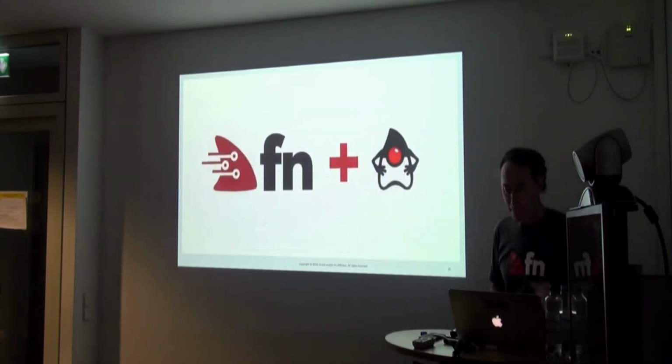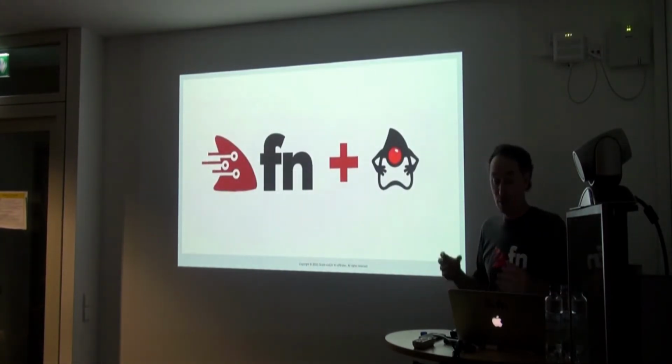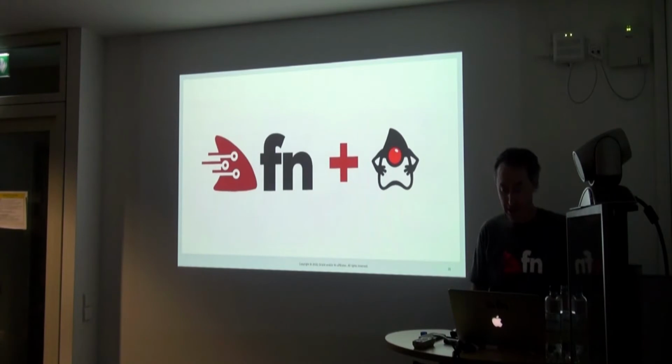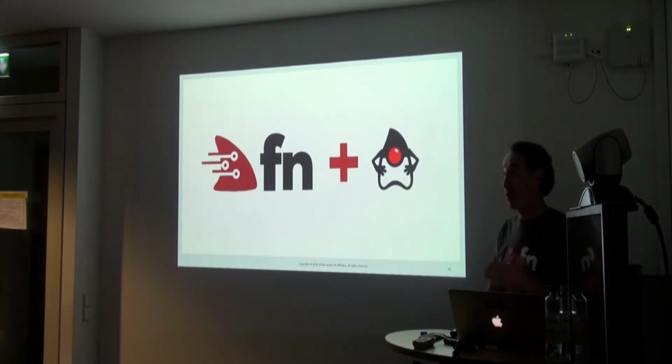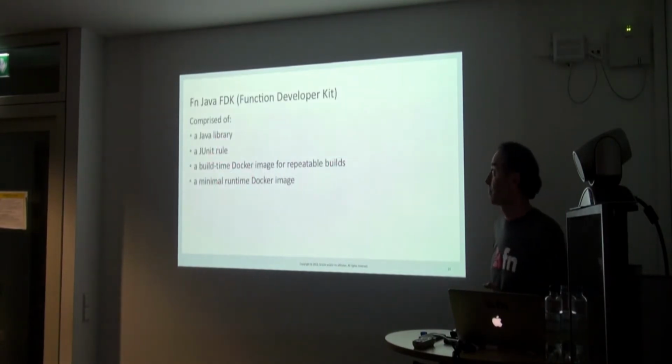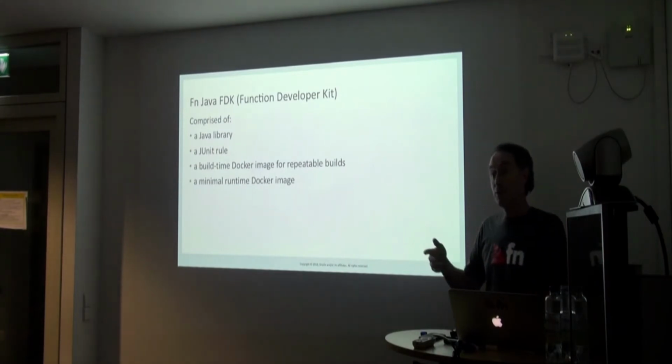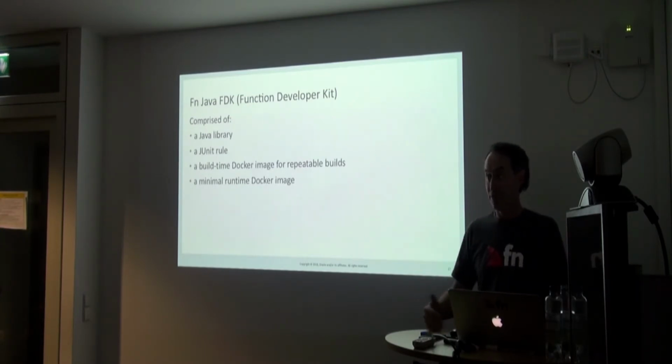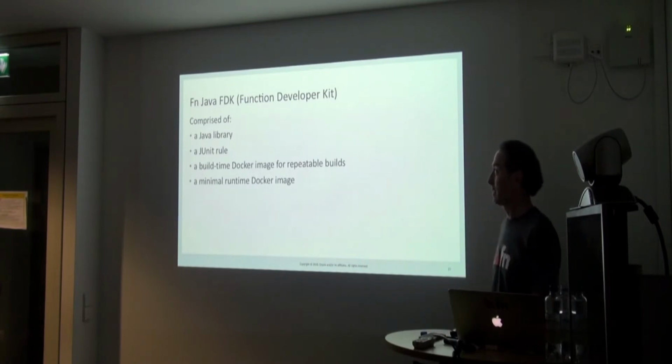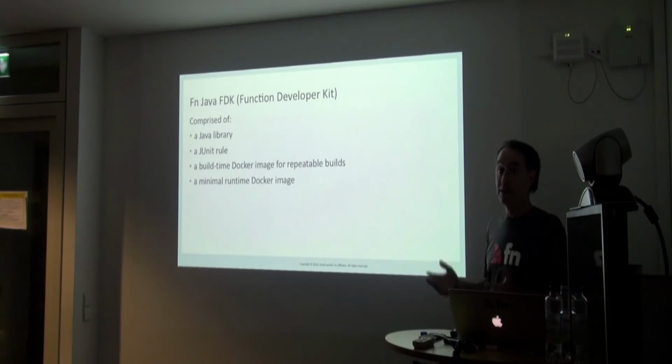So let's look at FN and Java. What can we do here? I'm just going to introduce the support, give you a demo, and then go to code. For each language we support, and we actually support more than Java on FN, we're supporting Java, Node, Python, Go, and Ruby. Ruby's kind of the last one in our list of supported languages; we're trying to add the full five. You can deploy anything on FN as a function, it turns out, but we have specific support for those five languages.